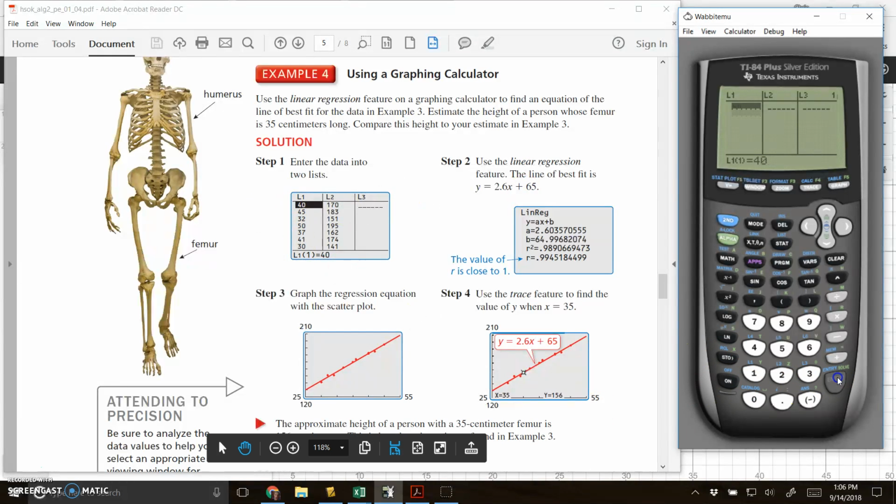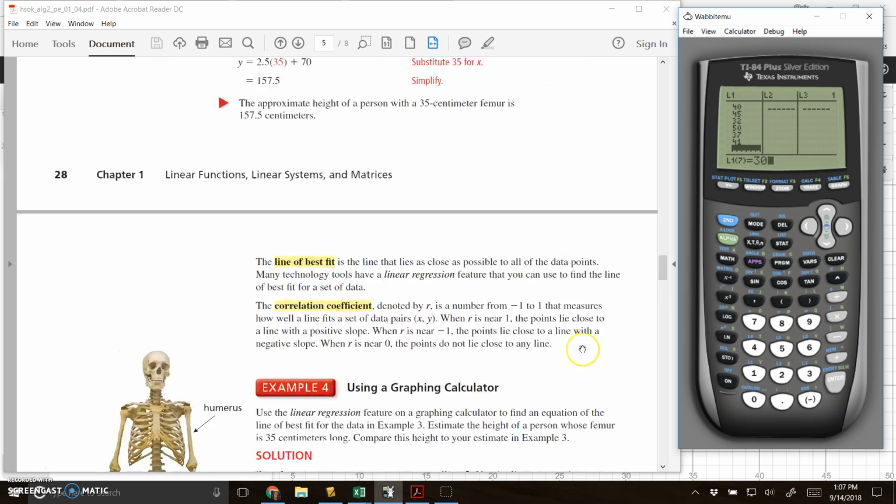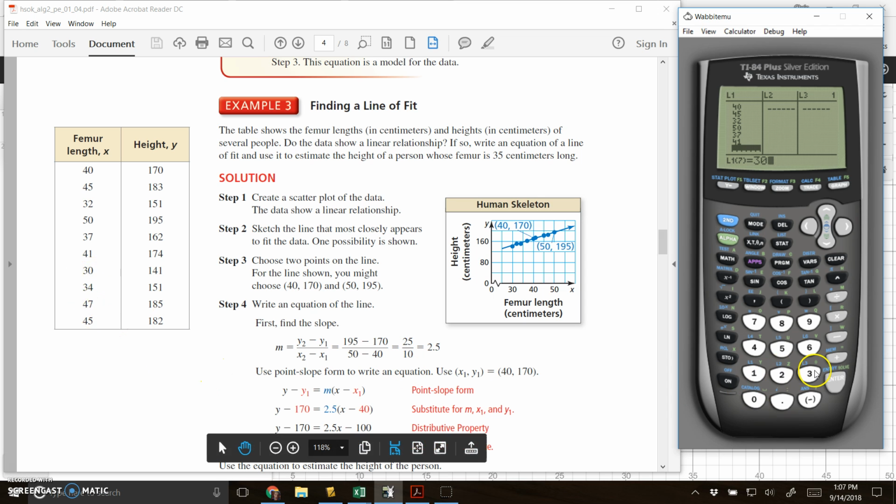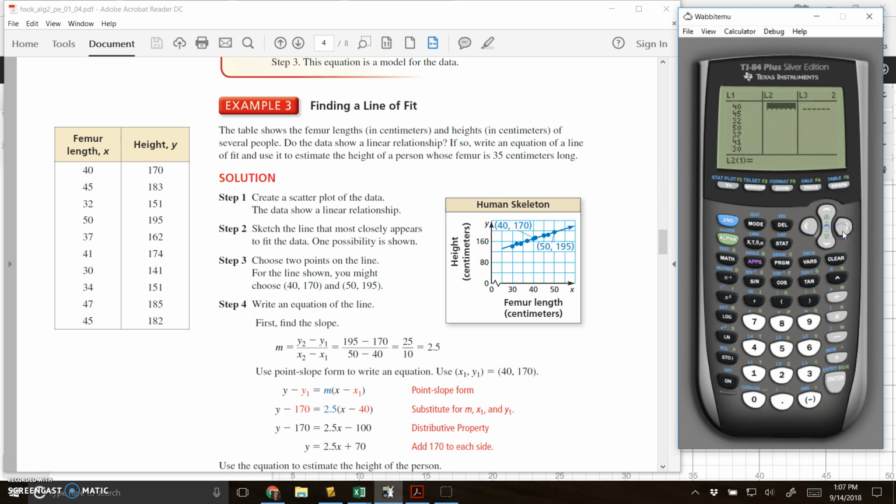So I'm going to enter 40, 45, 32, 50, 37, 41, 30, and example 3 has more things, I think. Let's see, go back up to example 3. Where'd that chart go? Oh, there it is. 34, oh, go back. 30, 34, 47, and 45. Okay, then I'm going to slide over to list 2, and I'm going to enter 170,